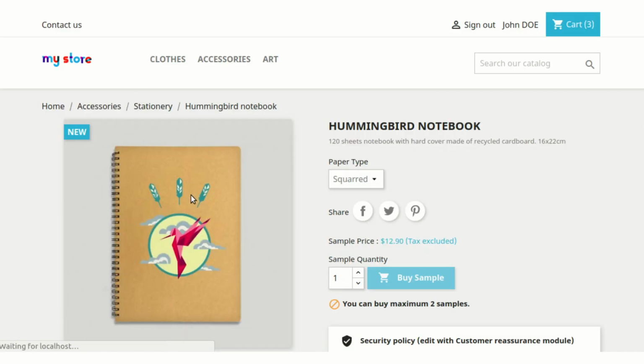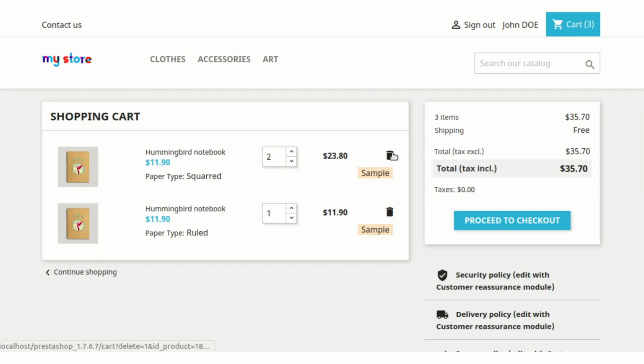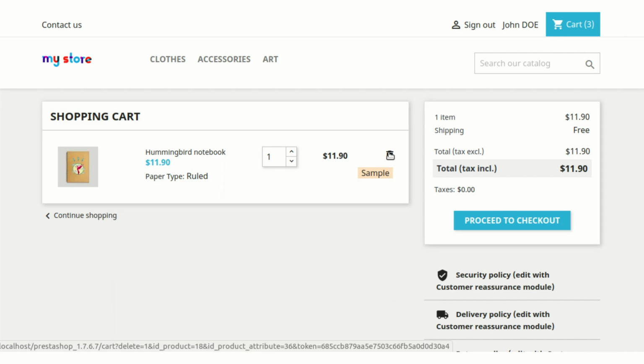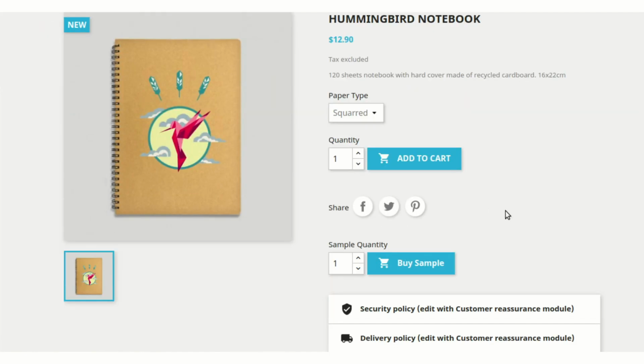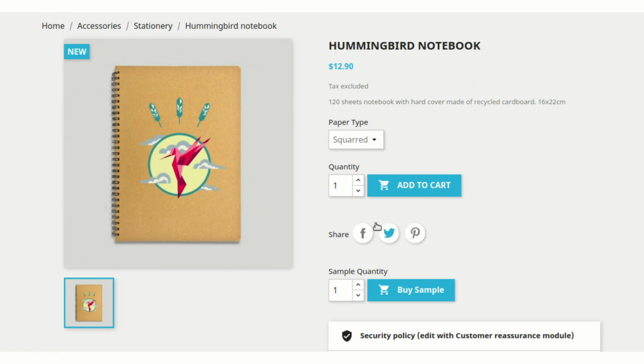Let's go to the product page. Let me clear out the samples from the cart first, because we have restricted it to 2. Now as you can see, the price is $12.90, the exact standard price, hence no indication of price is available here.